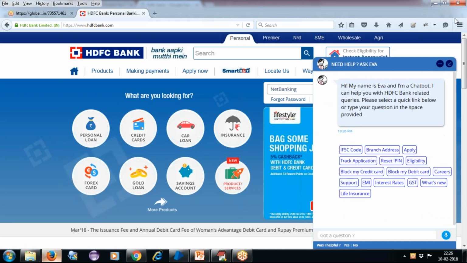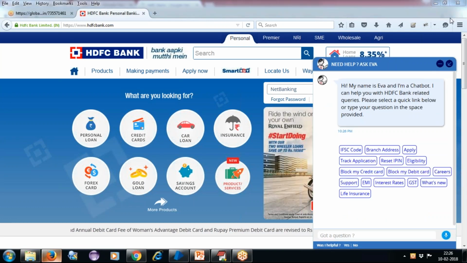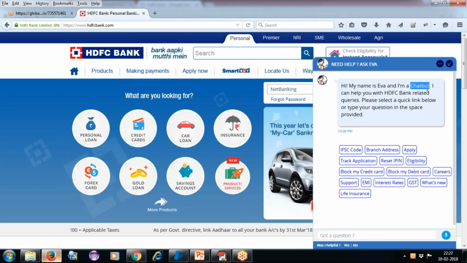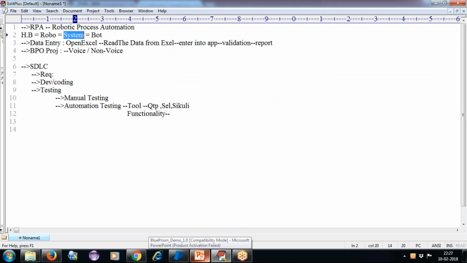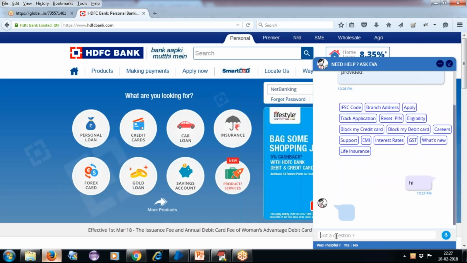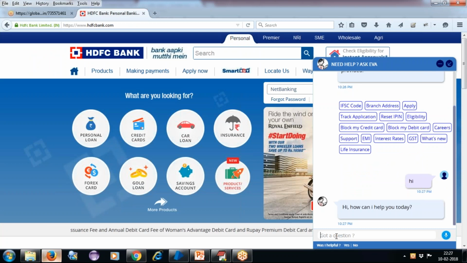Let's click on it. Once I click, it opens and clearly says, my name is Eva and I'm a chatbot here. We already mentioned that one bot is equal to one system, one system is equal to one robo, and one robo is equal to one human being. That means this chatbot is equal to one human being. You can see here, I'm just typing hi. Now we can see it is giving an